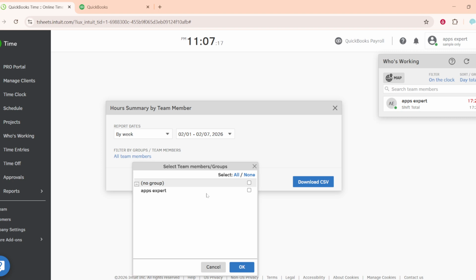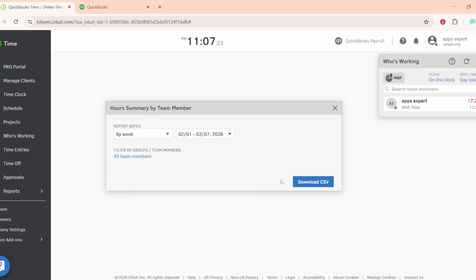Click Run Report. Now compare the total hours worked here with what you saw in the wage report. You're looking for alignment. If an employee shows unusually high costs, make sure their total hours support that figure and check whether overtime contributed. This quick comparison helps catch data entry issues, missing approvals, or outdated wage rates before they